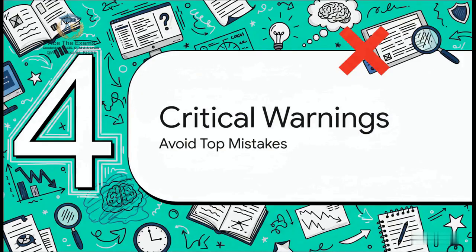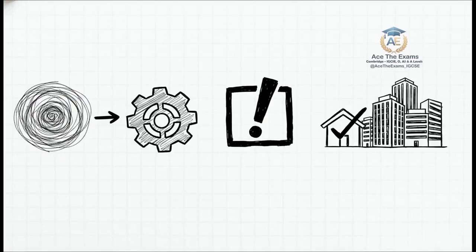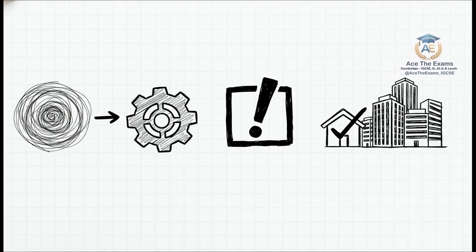Let's launch into Section 4, Critical Examiner Warnings. It's time to face the harsh reality of why students really lose marks. And this brilliantly illustrates what we've been talking about. Straight from the source, here are the top 3 examiner warnings. Number 1, vague answers. Writing something like "antivirus stops bad files" is totally amateur. Examiners want specifics. They want to hear about isolating executable code in a sandbox or comparing file checksums against a